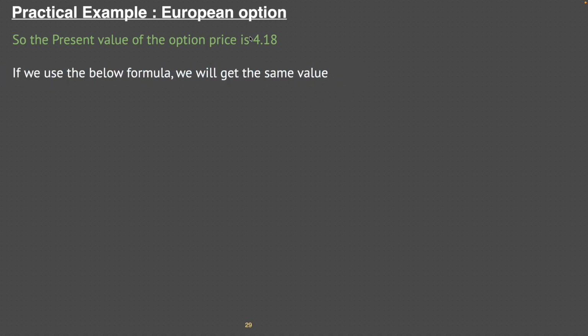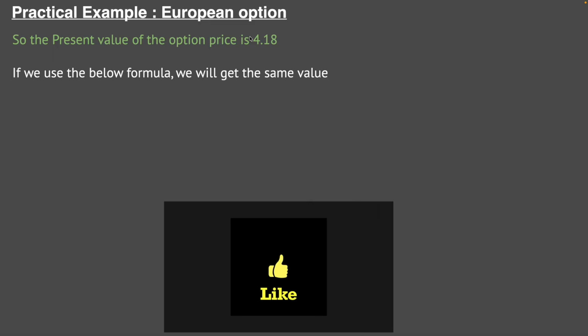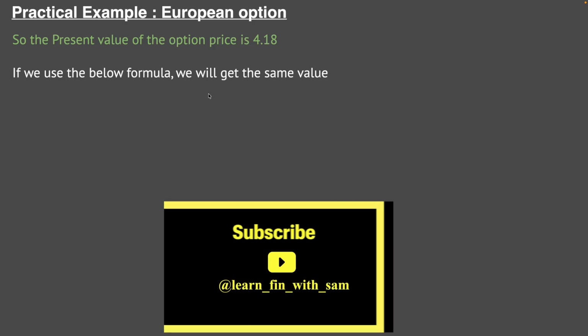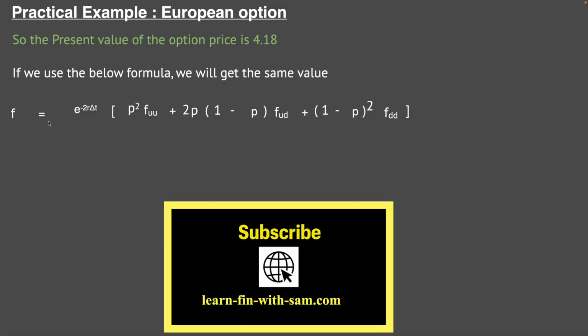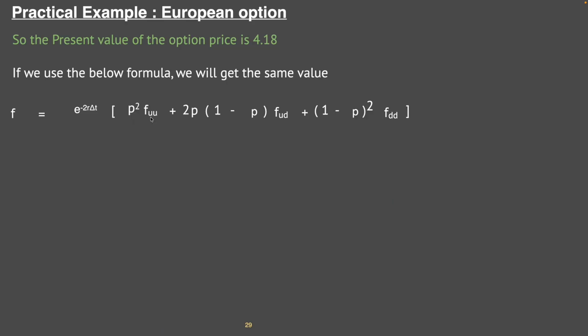Why do we say present value? Because while calculating the option, the first component, e to the power of minus r delta t, is nothing but your continuously compounded discounting factor. So if we use the other formula which we have already done in the previous lesson, f is equal to e to the power of minus 2r delta t into p square fuu,